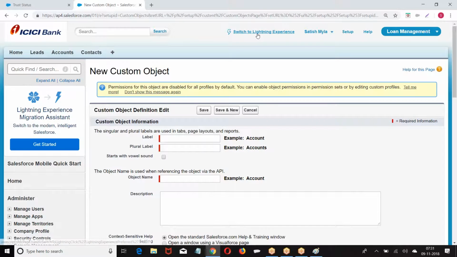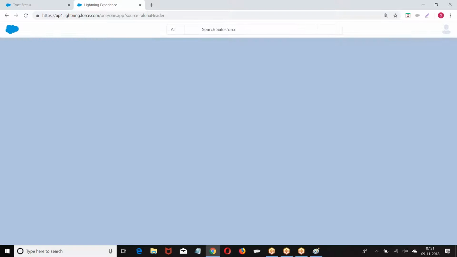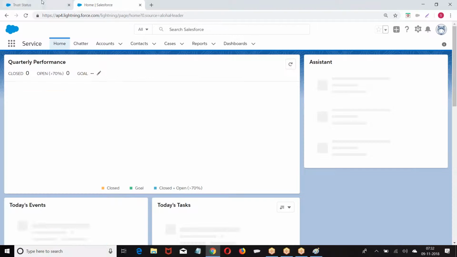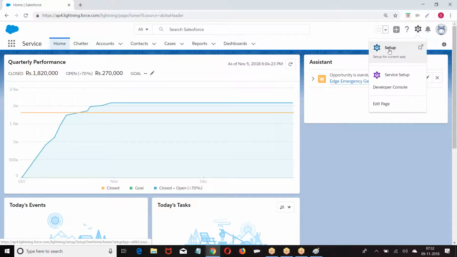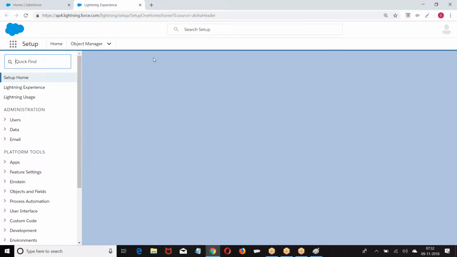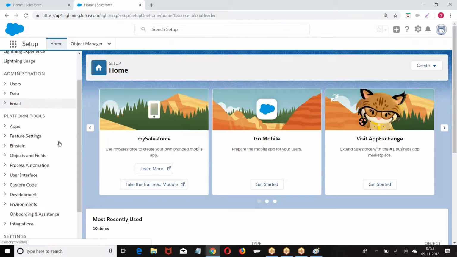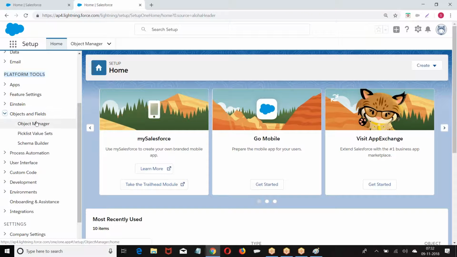Now if I go to Lightning, setup, platform tools, objects and fields, object manager.